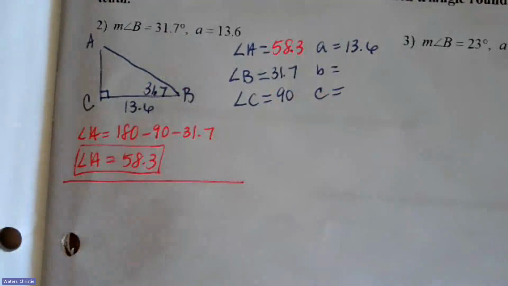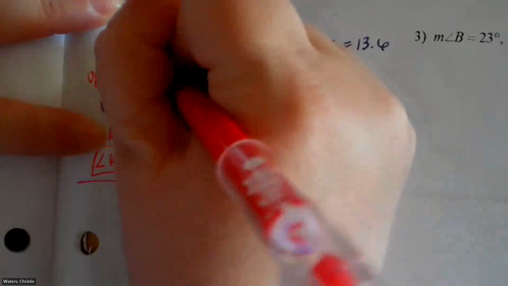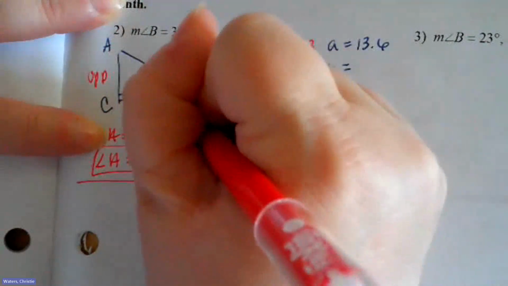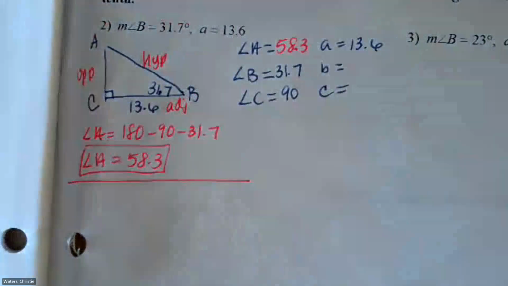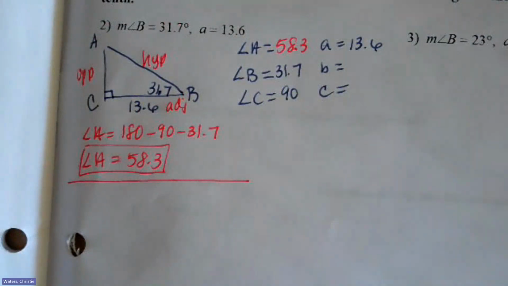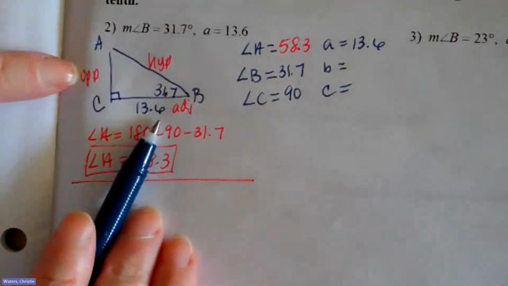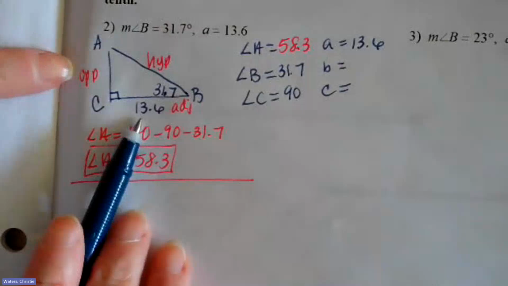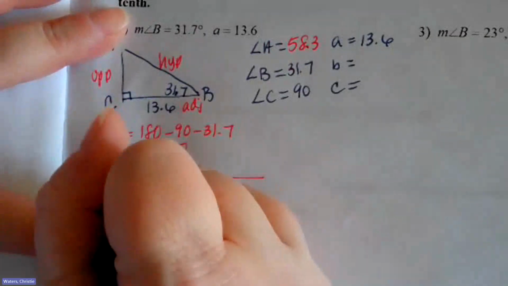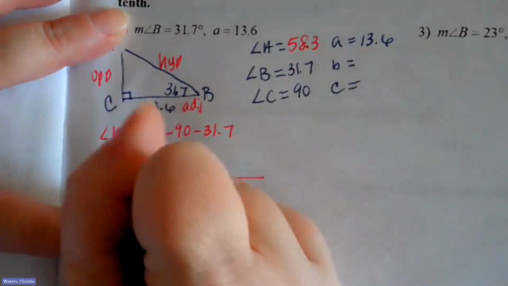All right, so now let's find some sides. So from my focus angle B, this is the opposite, hypotenuse and adjacent. This is really exactly the same. We have the adjacent side just like we did before. So let's go ahead and find the opposite side. So we have the adjacent side. We're looking for the opposite side. That is going to be tangent. So tangent of 31.7